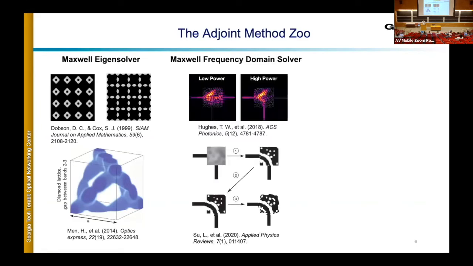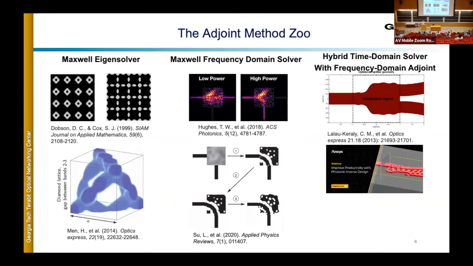In the last 10 years, we saw some exciting work, primarily at Stanford and Berkeley, for example, using frequency domain-based solvers, both in the linear regime and the nonlinear regime, coming up with some very fascinating devices that were not just simulated, but actually fabricated within an academic clean room environment. Very exciting stuff. What we want to focus on here is what we call a hybrid time domain, frequency domain